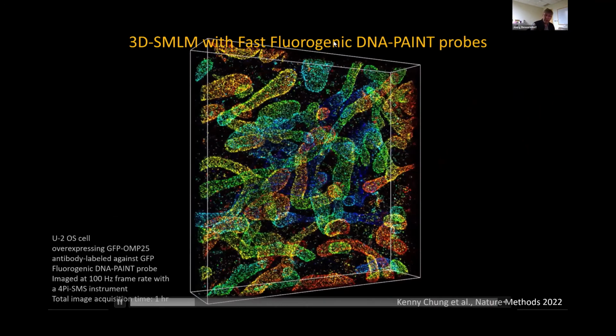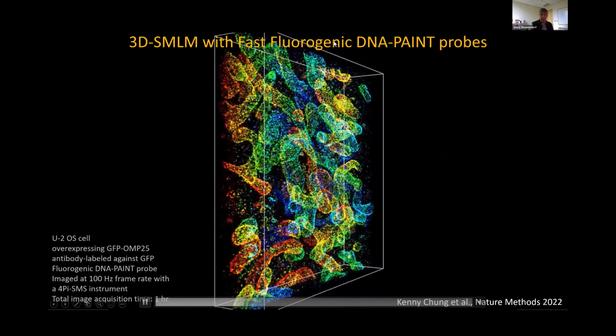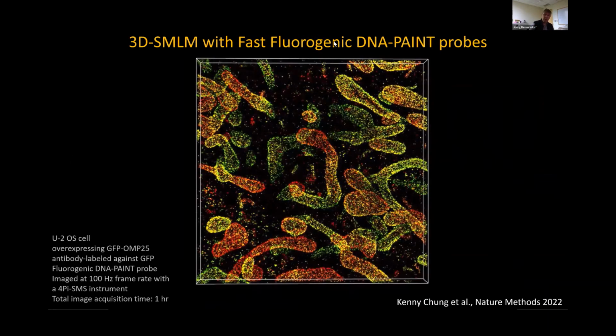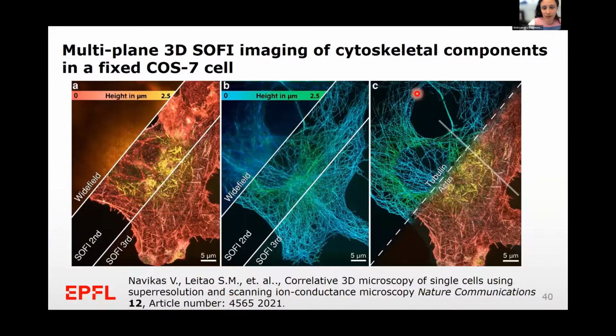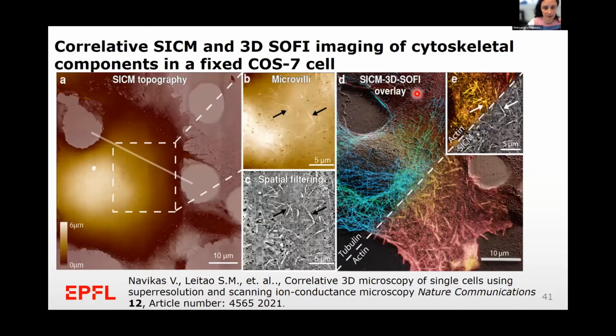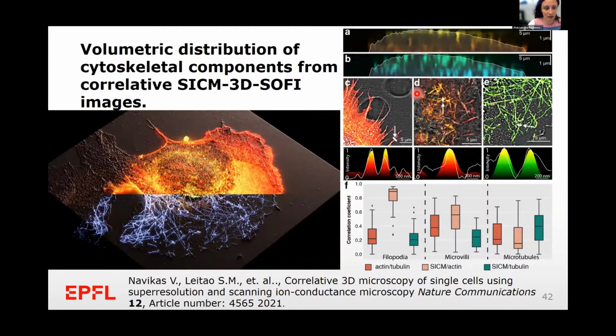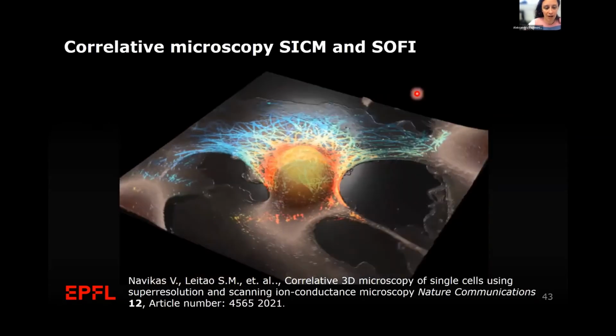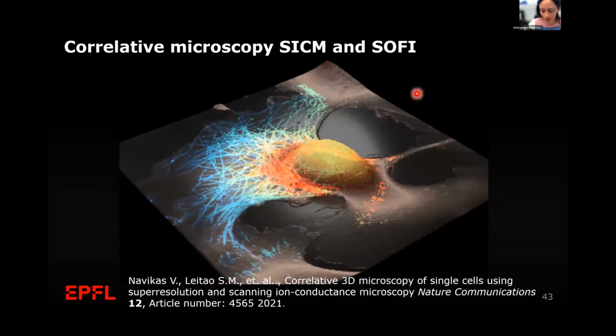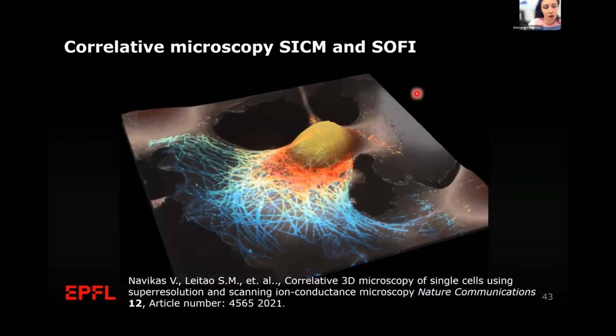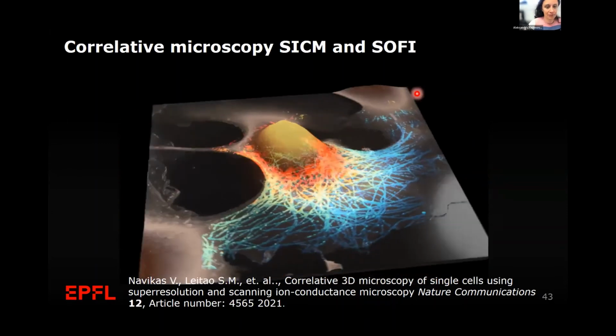Here, mitochondria staining, where we label protein on the outer membrane of mitochondria. Similarly, we can do 3D imaging on our multimodal microscope, and then come to the scanning ion conductance microscope, look at the same cell and focus on a microvilli like this, or simply acquire this three-dimensional view combined with the fluorescence